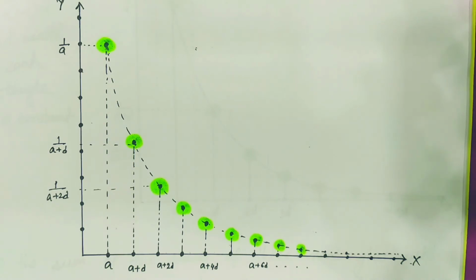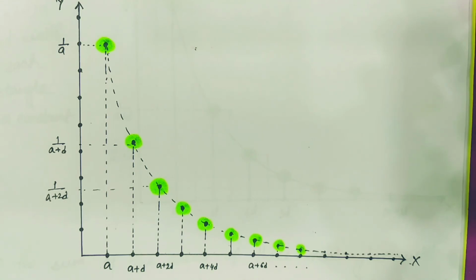So in this way, any sequence, that is AP, GP, HP, we can plot on graph paper, and if we plot a sequence in this way, then we have a very clear visualization of the sequence. So that is the main point of this video. I just want to give you a visual effect of AP, GP and HP. I hope you understand and you get a different vision to understand AP, GP, HP.